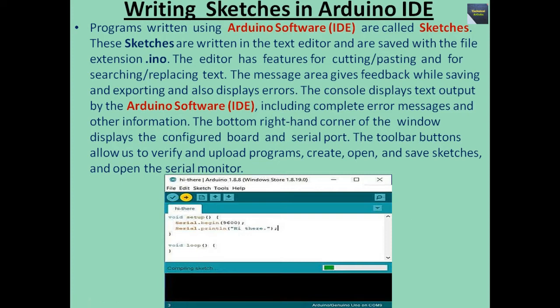Okay, so here these 5 buttons are given. Just leftmost, the first button is the verify button, this is the upload button, third one is the new button, fourth one is the open button, and fifth one is the save button, and the rightmost button is known as serial monitor. And in this area we just write our Arduino code or we just write our sketch. Okay,